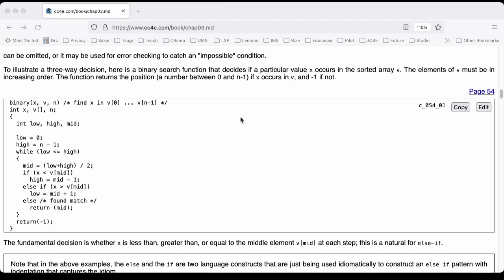binary(x, v, n) int x, v[], n; { int low, high, mid; low = 0; high = n - 1; while (low <= high) { mid = (low + high) / 2;